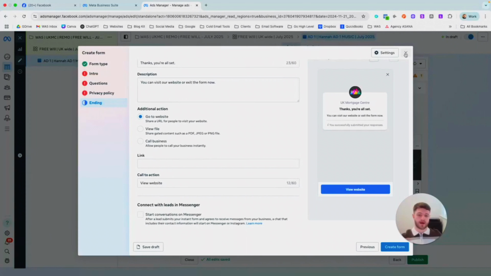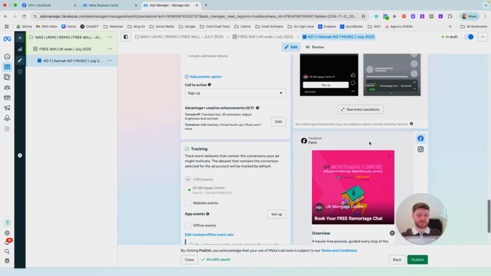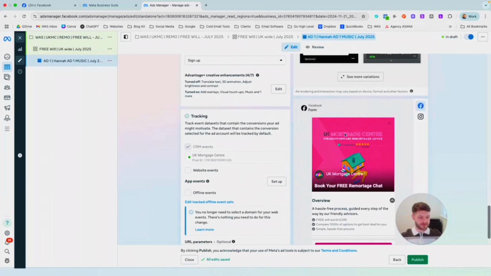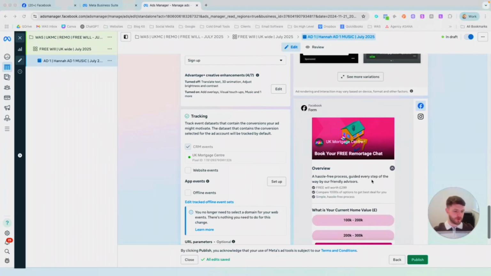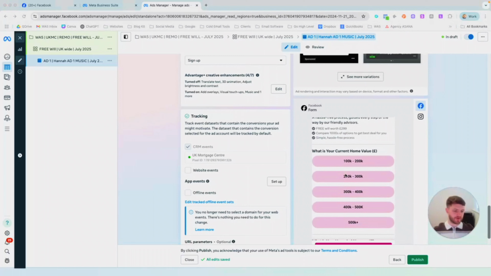Create one and use that rich text creative one. That is very, very good and it's performing well. And I'll give you an example of a form we're currently using, and here it is. So you've got the nice image there, just move myself out of the way. You've got the nice image there, you've got the overview, you've got a few key benefits, and then you've got